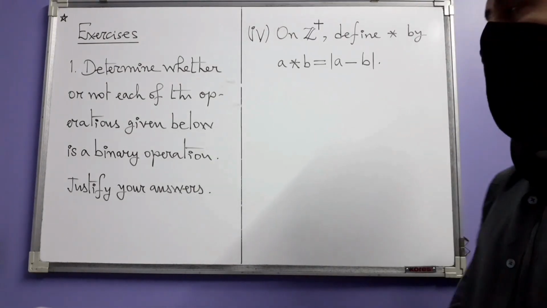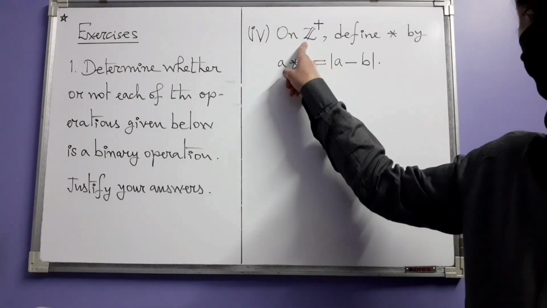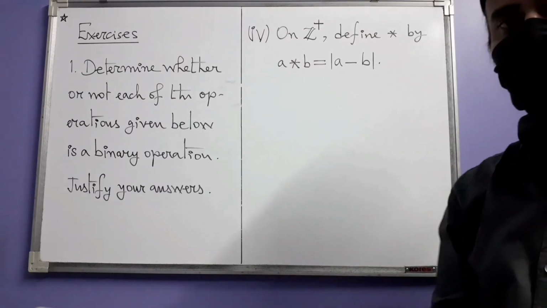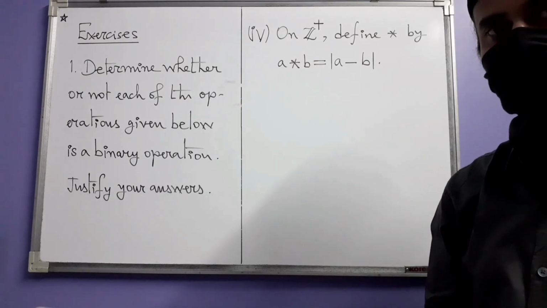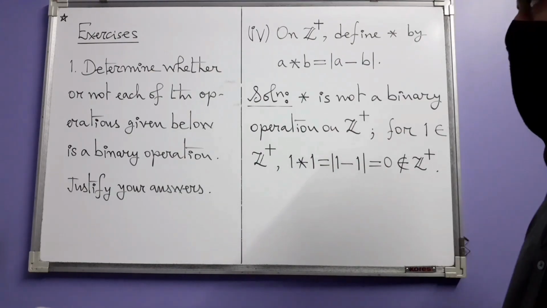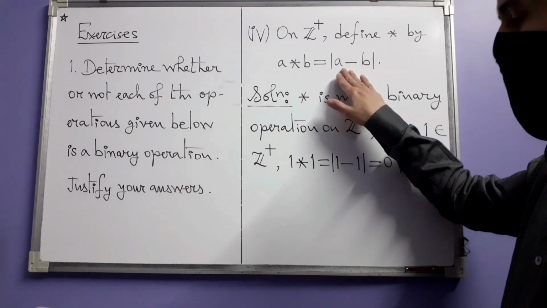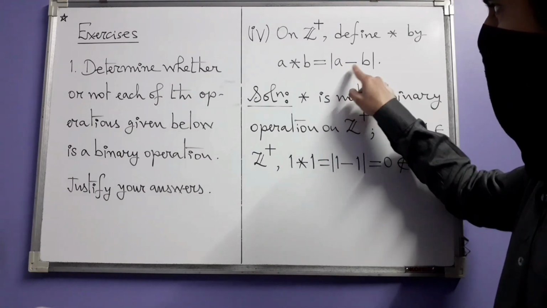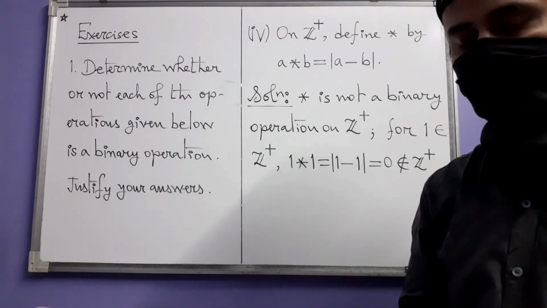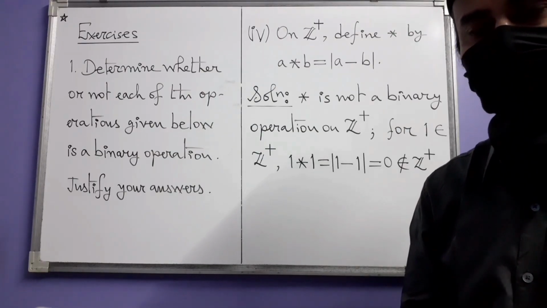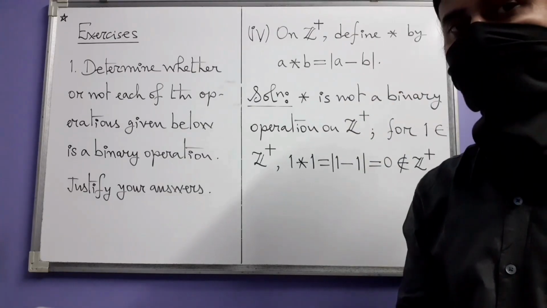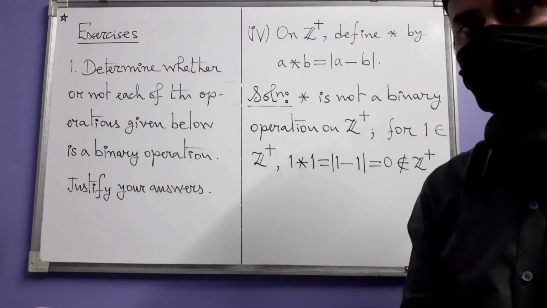Number 4 next. So again we have the set of positive integers, and this time a star b is the absolute value of a minus b. This one is not a binary operation on Z plus. When you first see this, you at once see a minus b. So you sense that something will go wrong because minuses may appear. But then you see that, okay, we have absolute value also, so there won't be any problem,